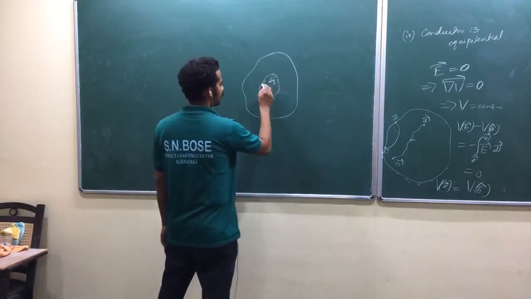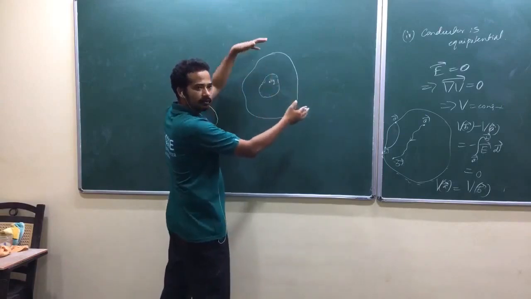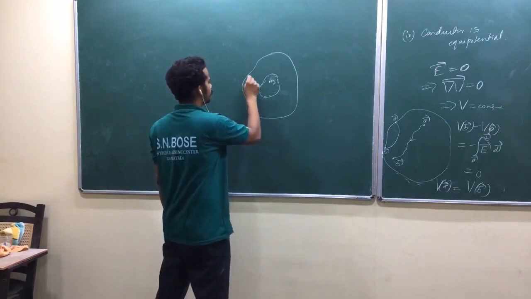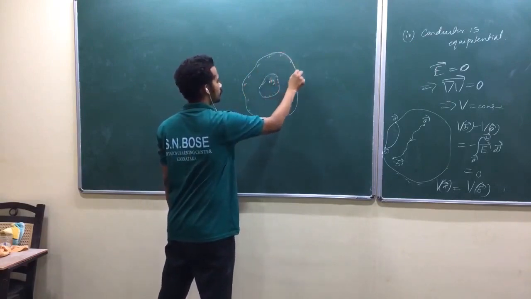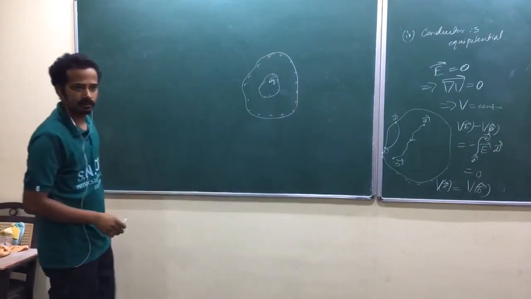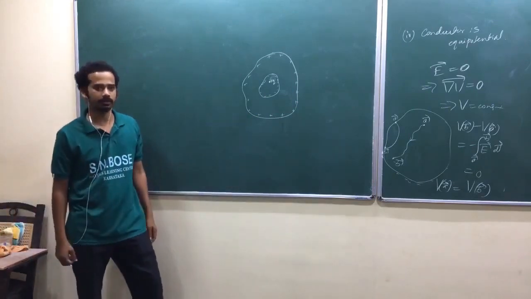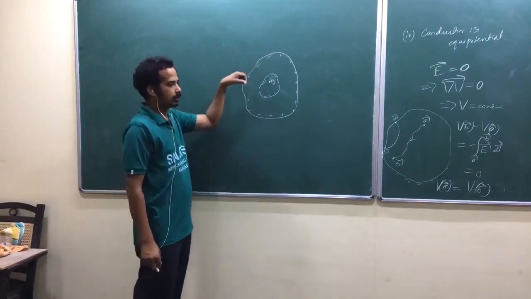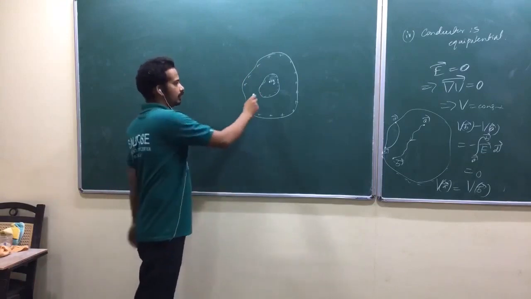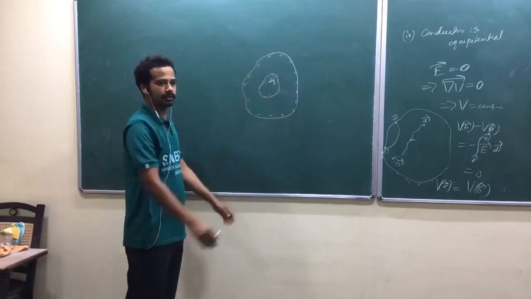Now look here. It will induce negative charges here. Those negative charges are attracted from inside the conductor, so obviously positive charges should be left on the outside surface. Again, redistribution happened. The conductor was electrically neutral earlier. You placed one charge inside the cavity, and that charge attracted negative charge carriers inside the conductor. That's why there is negative charge distribution inside the cavity, and outside the surface you will get positive charges.